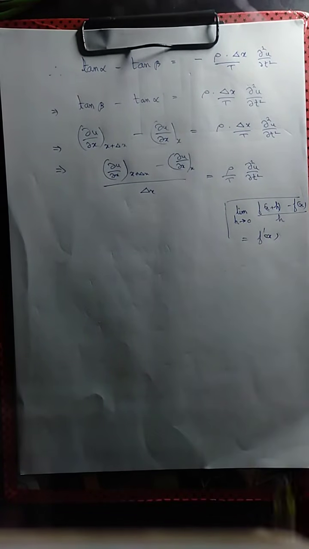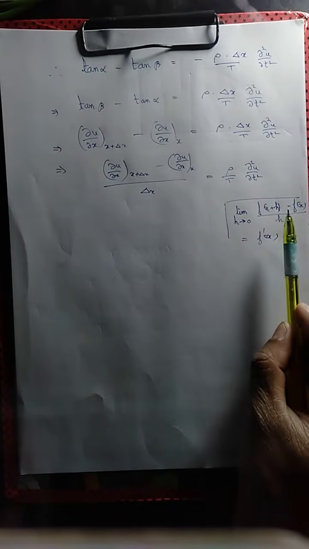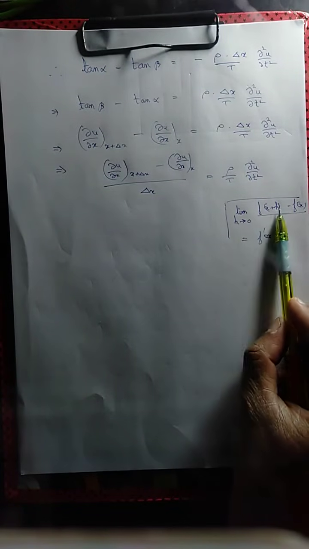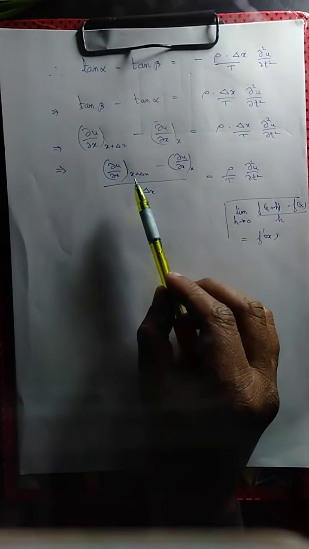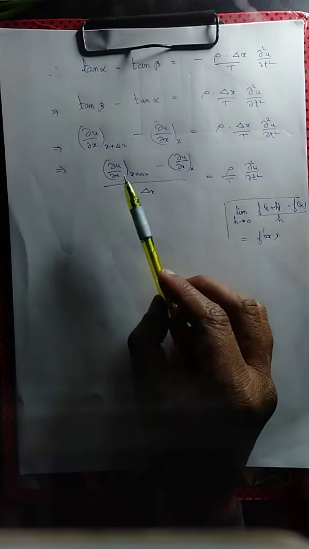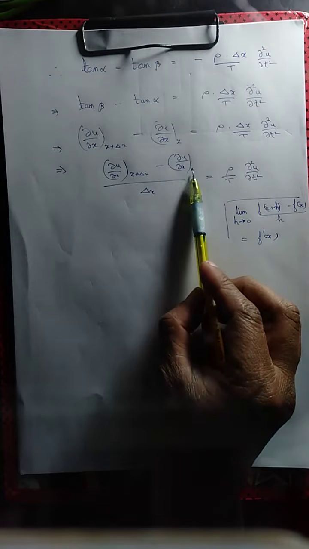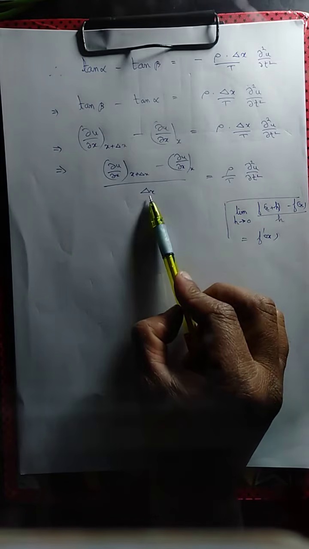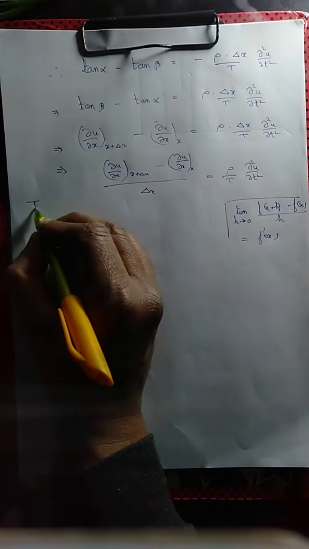If we write h as delta x, you have f of x plus delta x minus f of x by delta x. So you have got this. Why don't we take the limit then? Taking the limit